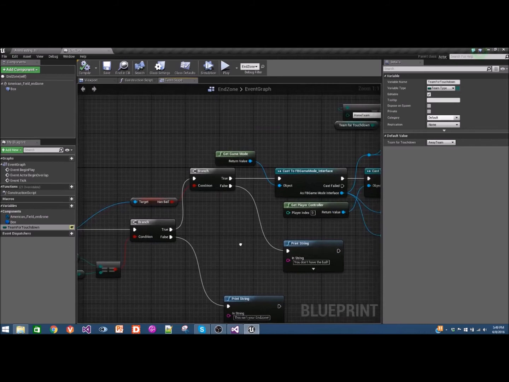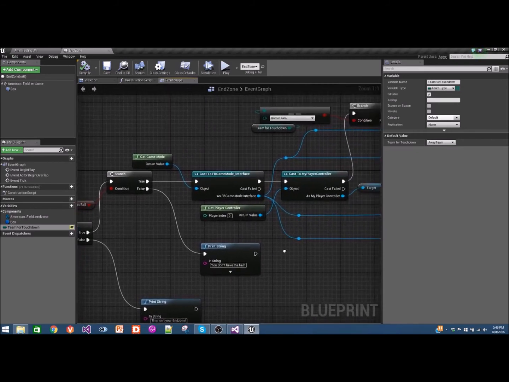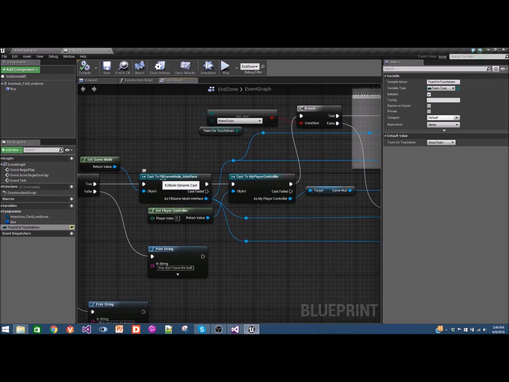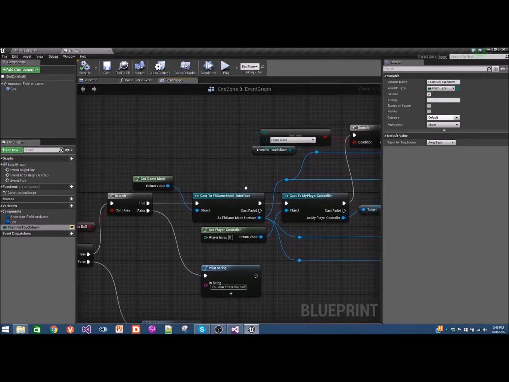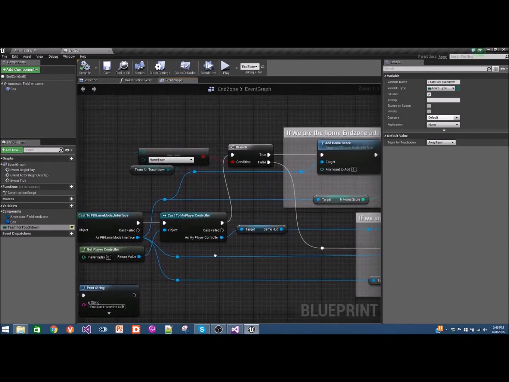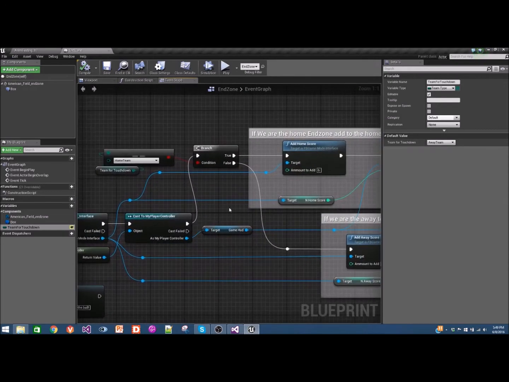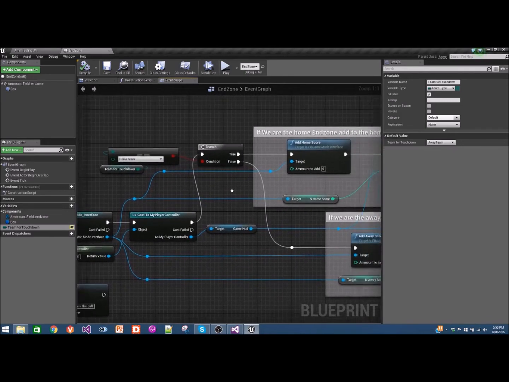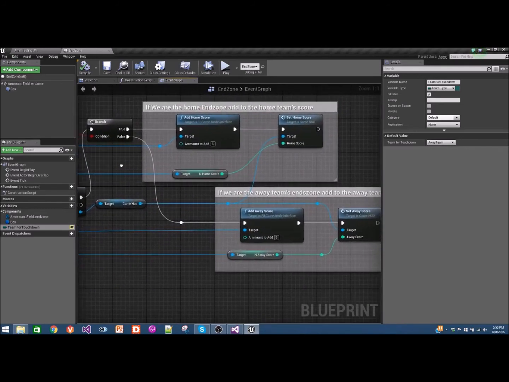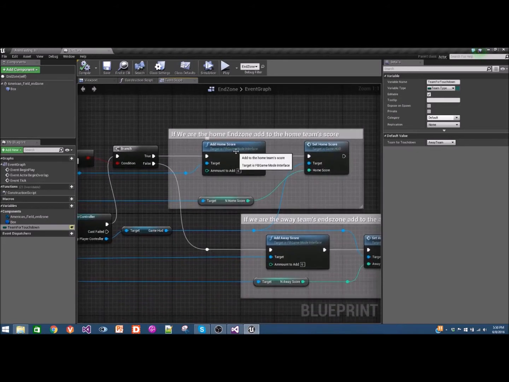Then, if they can score in the end zone and they have the ball, I get the game mode and cast to my interface. Once I have my interface, I check to see if this is the home team's or the away team's end zone. Then if it's the home team, I use the game mode to